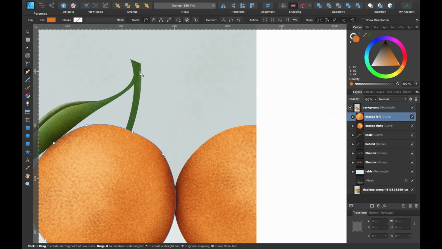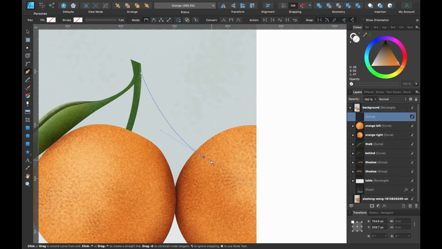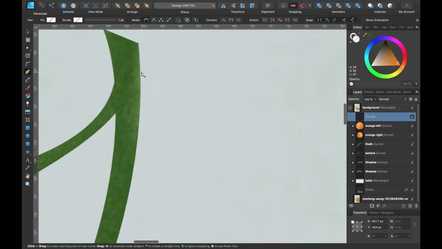Okay, let's draw our stalk. So we grab the pen tool. Just going to click somewhere around here, so maybe the other stalk is coming from slightly behind. I'll just drag it out like that, press Control, get rid of that handle, click, and we'll complete the shape. Hold down Command so you can grab the handle, Control, click, and click to finish it off there.